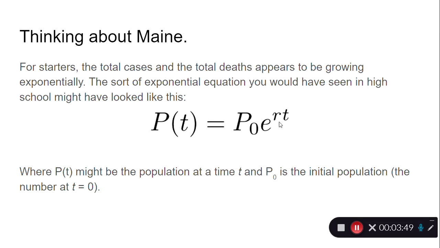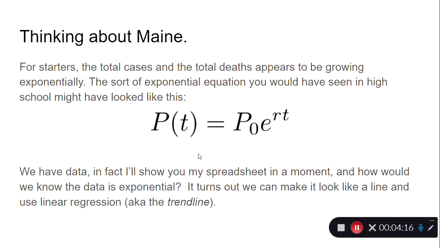And it's a curve. And so if we have data, and the data looks like it might be exponential, how do we find out if it is? And if it is exponential, how do we find R? And if we know what R is, how do we find the growth factor? R is not the growth factor, but e to the R is. And that's something we can calculate really easily. So I want to go through and show you how we can turn this into a line and how we can use that in a spreadsheet.